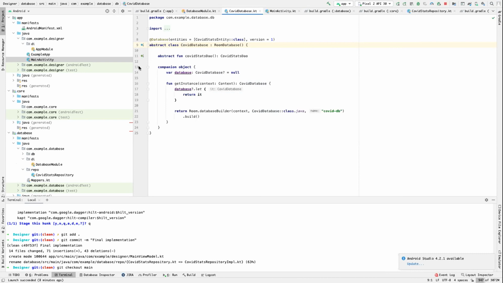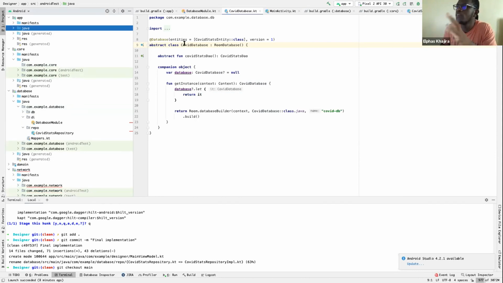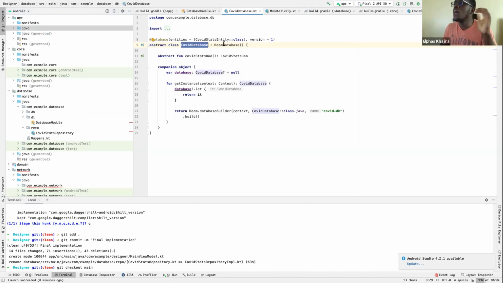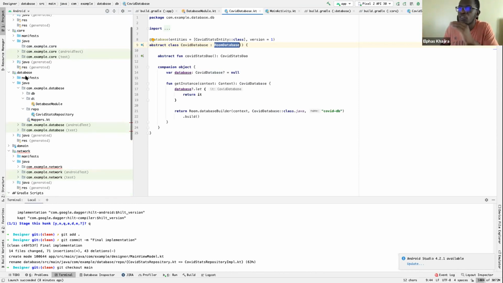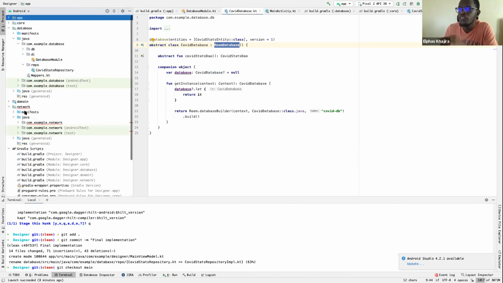Okay, sure. So now, what we're going to do is we want to ensure that we don't expose our database to any other module. Our COVID database should stay here, but our application needs to know how to provide Room database. So we've declared Room as an API, so it's available everywhere; anyone that implements this module can see Room. But now our implementation detail should not be seen out there. So that's where we begin our restructuring of this code.